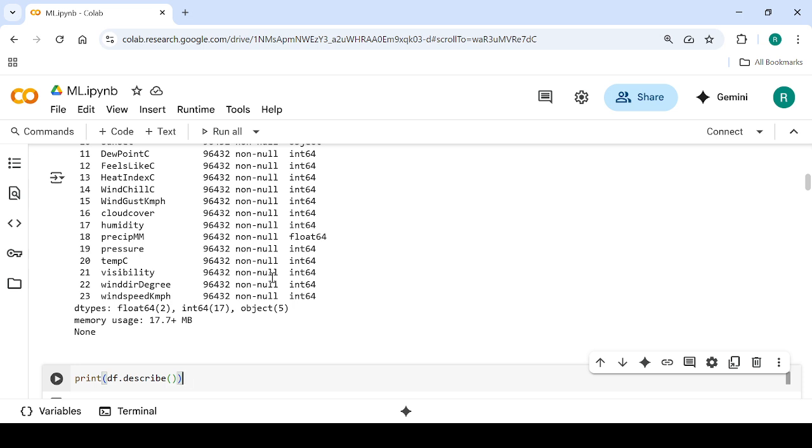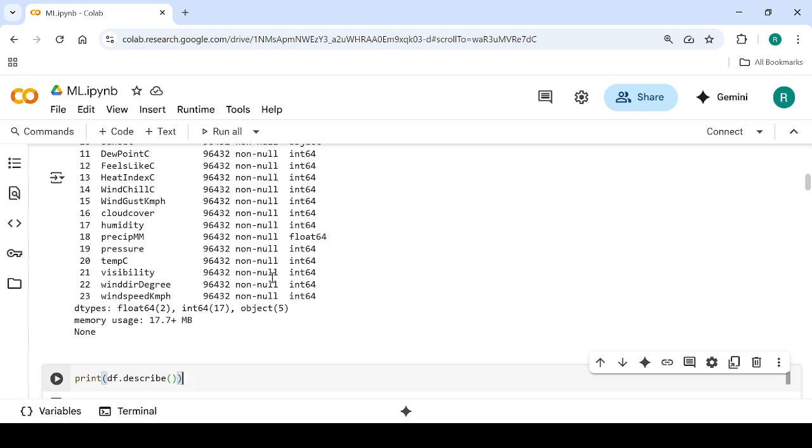The one with a decimal value displayed is precip, that will be the column name, and its data type will be float64. After that, pressure, temp C, visibility, wind direction degree, wind speed kmph, all have the integer int64 data type. So the data types: float64 will be 2, integer int64 will be 17,